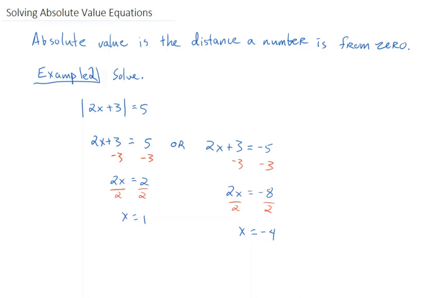So again, these are the values that I could plug into my x in order to produce a true statement. If I plug the 1 in, I'm going to get the absolute value of 5 equals 5. If I plug the negative 4 in, I will get the absolute value of negative 5 equals 5. Both are true. And then I need to finish up by writing them in set notation. So I get negative 4, a comma, and a 1 inside of my curly brackets, braces,